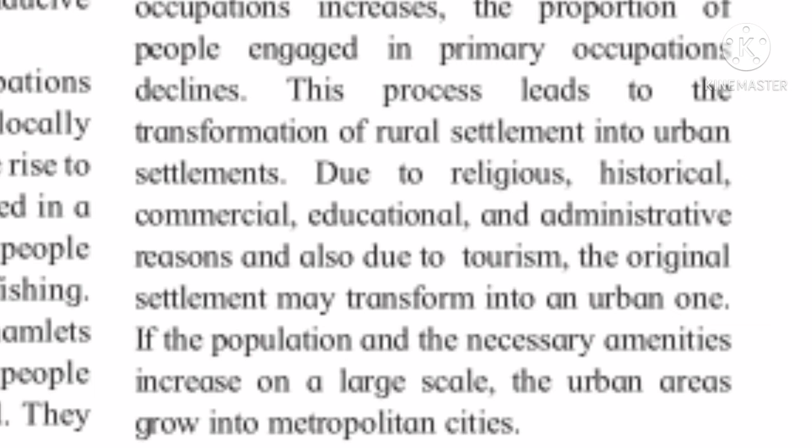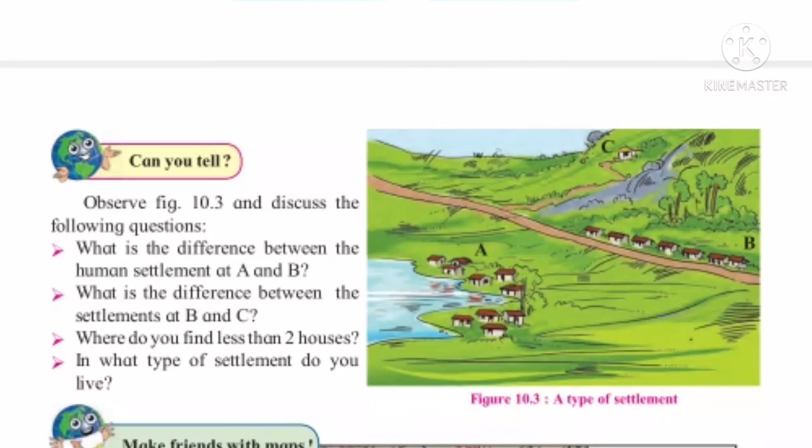Both rural as well as urban settlements have undergone changes due to modernization, science, and technology. As time passed by and various developments took place, changes in the settlements were also seen. There was transformation of rural settlements into urban settlements. The settlements where the original occupation of the majority of the people was based on natural resources were called rural settlements. People in rural settlements practiced occupations like agriculture, fishery, pot making, cane work, etc.